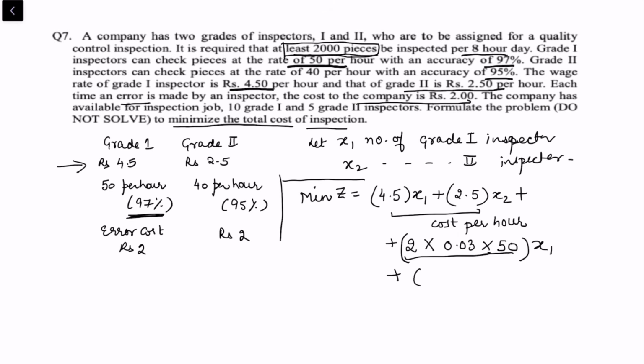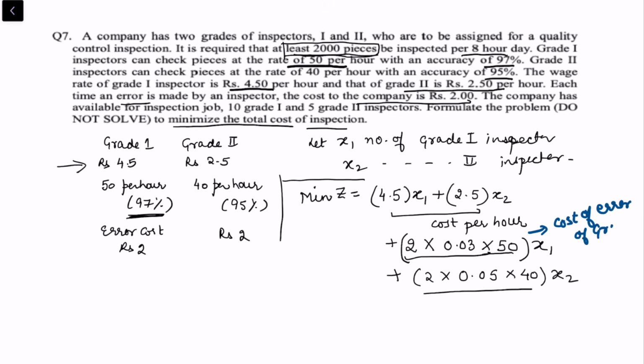Plus similarly for grade 2, 2 into 0.05 into 40 pieces per hour into x2. This is for grade 2. So that becomes the total cost which has to be minimized. We can say this is the cost of error of grade 1 inspector, and similarly this one is for grade 2